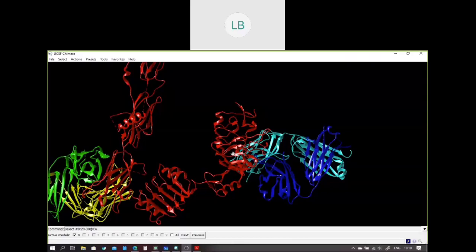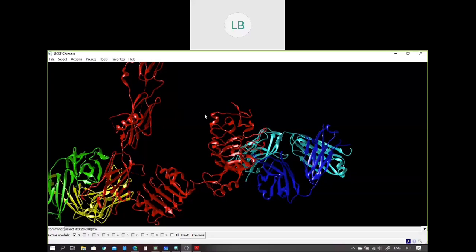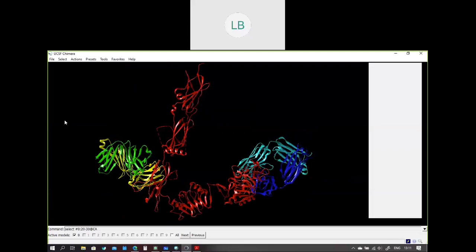And yeah, last is surface representation. You press surface, and if you press show, it will show the surface. So try it again. Sometimes there are problems with the surface representation as well. So I'll try to load a different protein structure. Maybe this is a big structure, that's why it's having the problems.